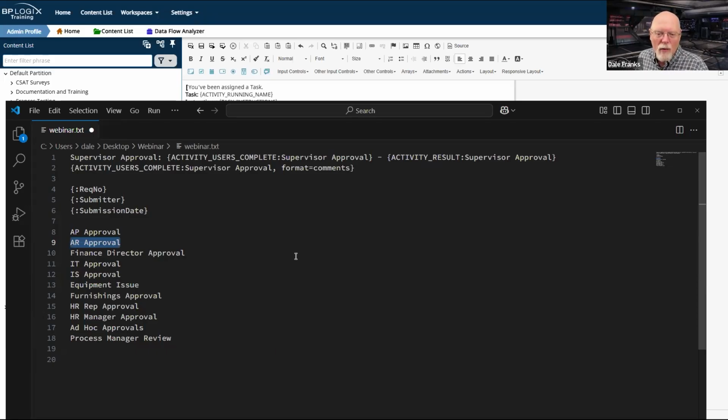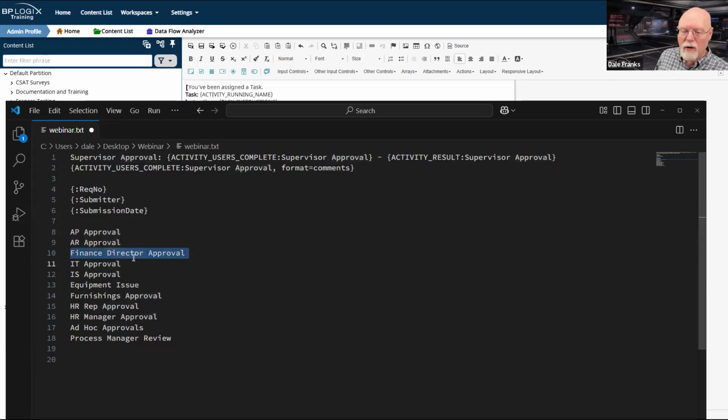Okay, that's going to go to accounts receivable. Accounts payable doesn't care. They're not going to have that activity. And so this activity is not going to run. Only the accounts receivable will run. And that's true for every activity. One, but not both, of these activities, in most cases, is going to run.